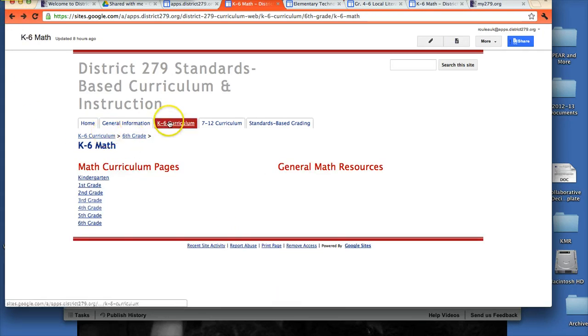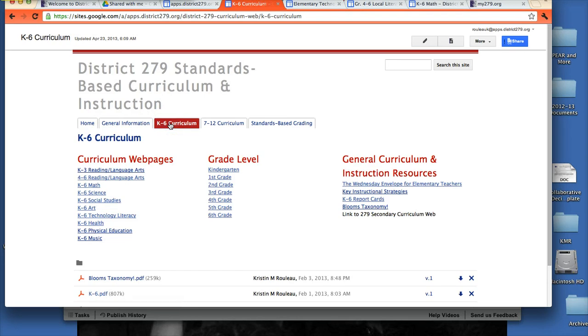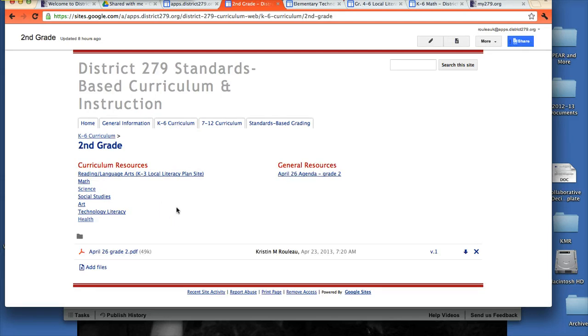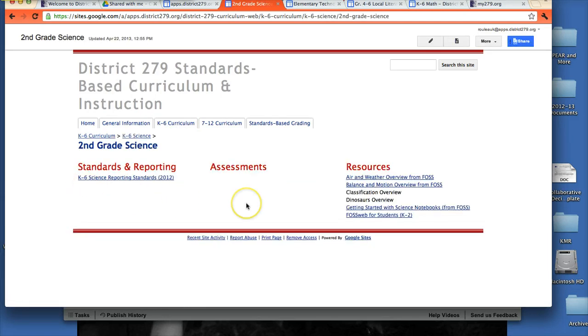But the standards are there as well as the pacing guide. I'm going to go back to the main K-6 curriculum page, choose another grade level like second grade, and show you a couple of other areas. Science currently has little content under the assessment tab because we're still in development.